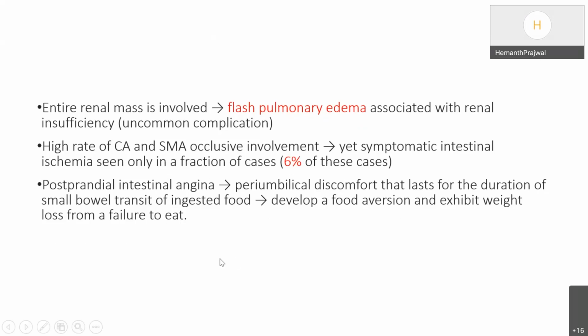of the cases. It is usually manifested as a postprandial angina, which is periumbilical discomfort that lasts for the duration of the transit of the food in the small bowel, and the children usually develop food aversion and exhibit weight loss